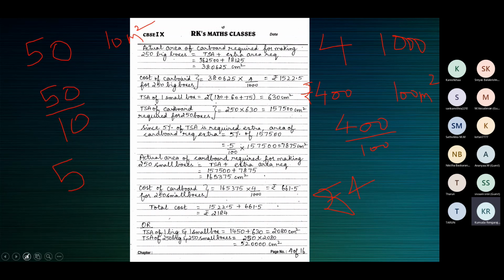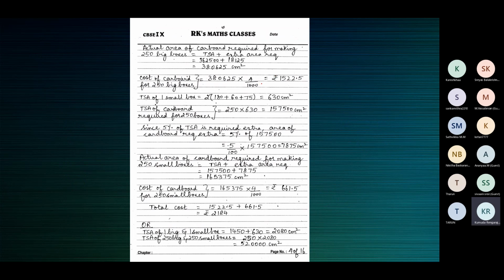Now what you understand is, if it is given for 1000 meter square, just divide 4 by 1000, and that will give the rate for 1 meter square. So 4 by 1000 is the rate for 1 meter square. To buy 1 meter square, you'll have to spend this. But I have to buy so many centimeter square. This is the rate for 1 centimeter square, so for so many centimeter square, it will be the product, which is what you see here.